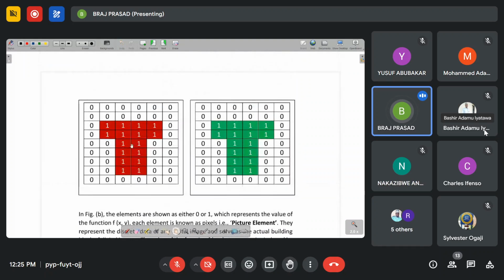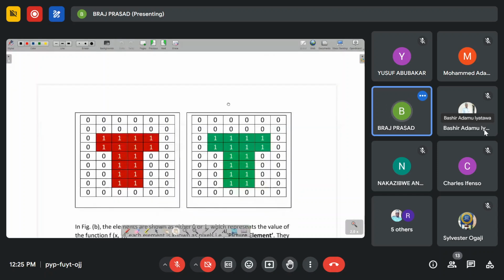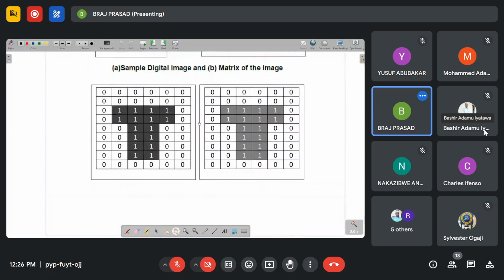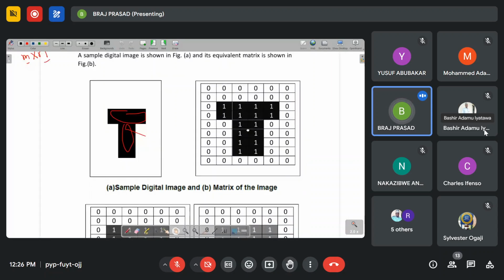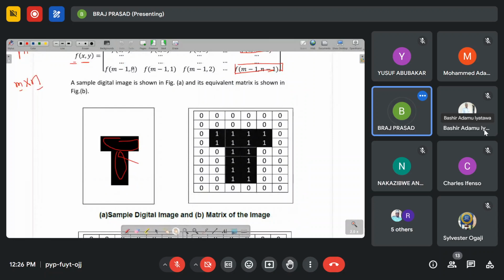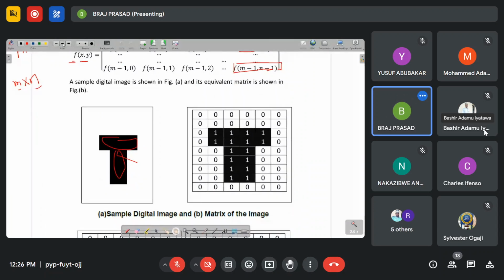This is in red color, this is in green color. So this is one of them. At this place the color is light, but at this place it is dark, and at this place the color is very high, very dark. So this single cell